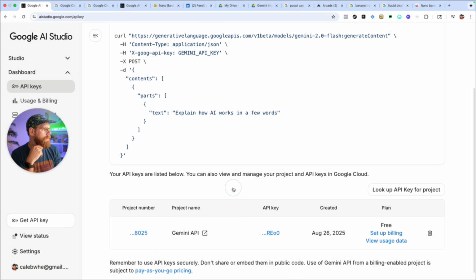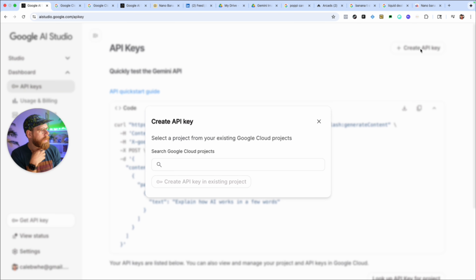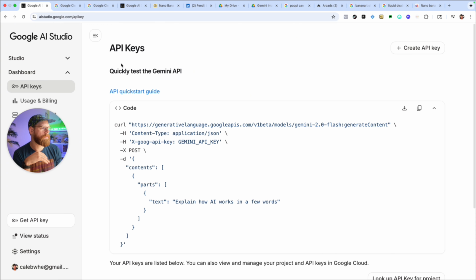But basically all you do is create an API key. So you click the Create API Key button, and then it'll ask you to select a project from Google Cloud Projects to connect this to. I'm pretty sure it'll automatically create a project for you, but if not, then you might need to go to the